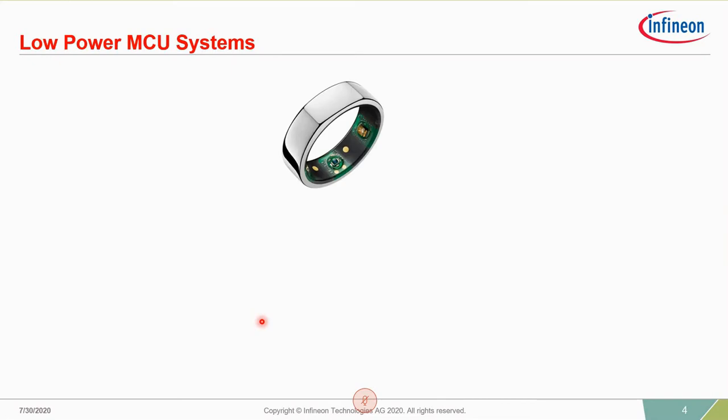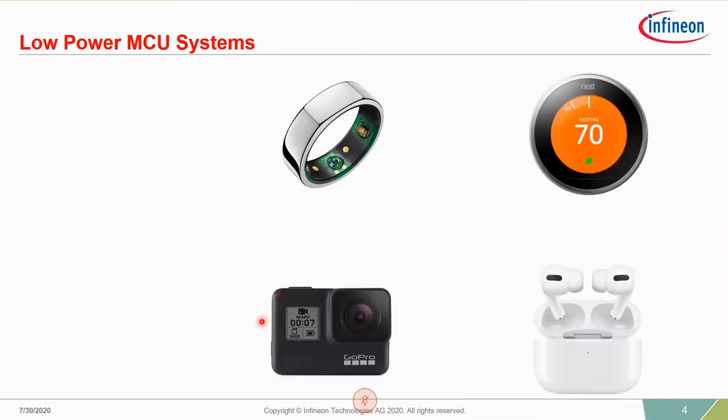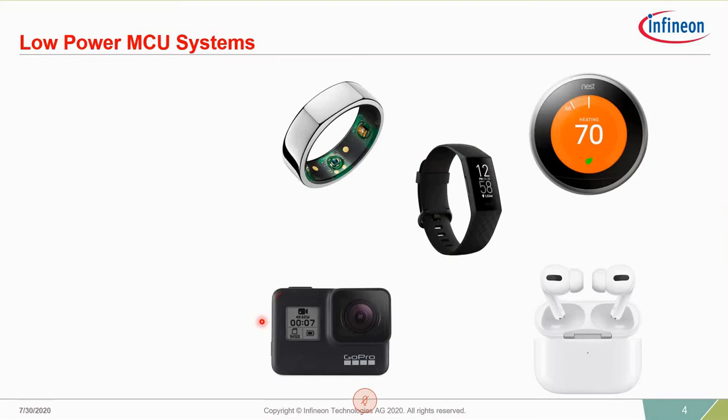Now here are a few low power devices that I've taken at random. Most of these devices have a few characteristics that are common. And one of the most visible characteristics is that these devices tend to become smaller and smaller. And we want these devices to be wireless so that we are not stuck to the wired charger. And it also increases the capacity of these devices.